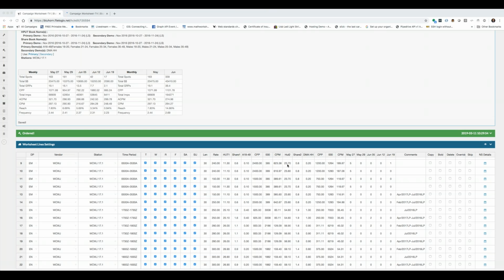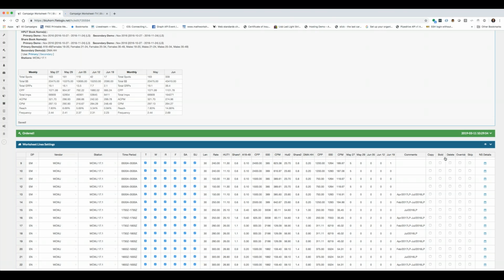The sky is really the limit when it comes to the way Edit Worksheet and Add Worksheet can now support advanced demographic views, do things that have never before been possible on Bluehorn, things that I think will really make your life not only easier as a media buyer, but also put you in a stronger position to negotiate the most efficient buy possible. And don't forget that all of this data is available to you in the NS Detail